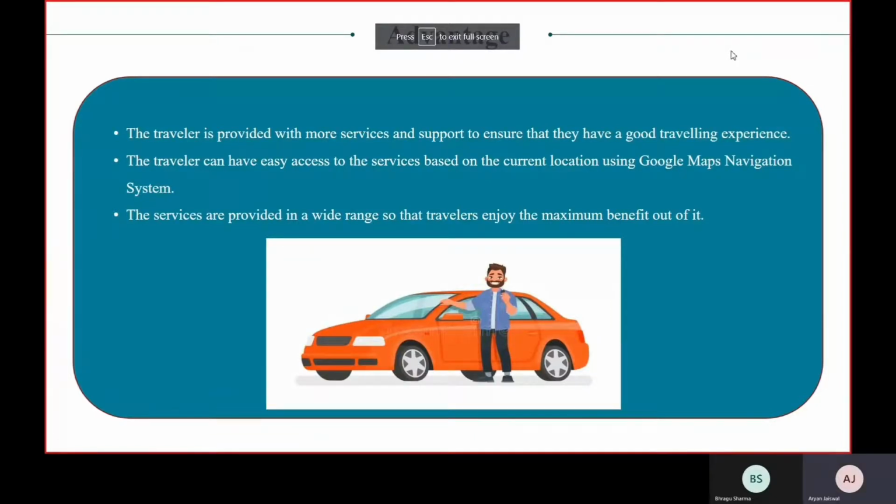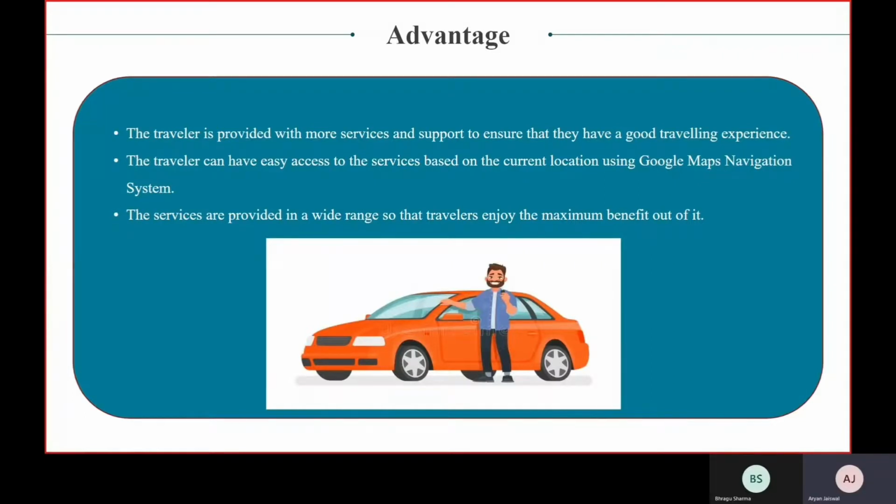So now, as we saw in the demonstration, there are many advantages. The first advantage is that the user or the driver is provided with different types of services to avail, and because of this, every driver will not have to wait for the services to arrive, because all our mechanics will be local.